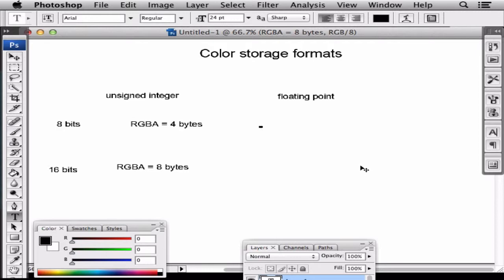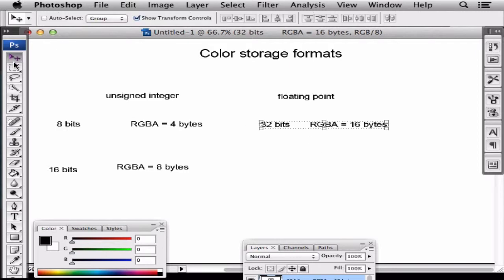Floating point values, the normal floating point values that we use, like if we take any programming language and write the word float, in C or many other languages as well, that's a 32-bit format. It uses 32 bits to represent one number, and that's floating point, so it has an integer part and an exponent part. And of course, with 4 bytes, 32 bits per component, it's 16 bytes to represent one color value. It's a very precise way to do it.